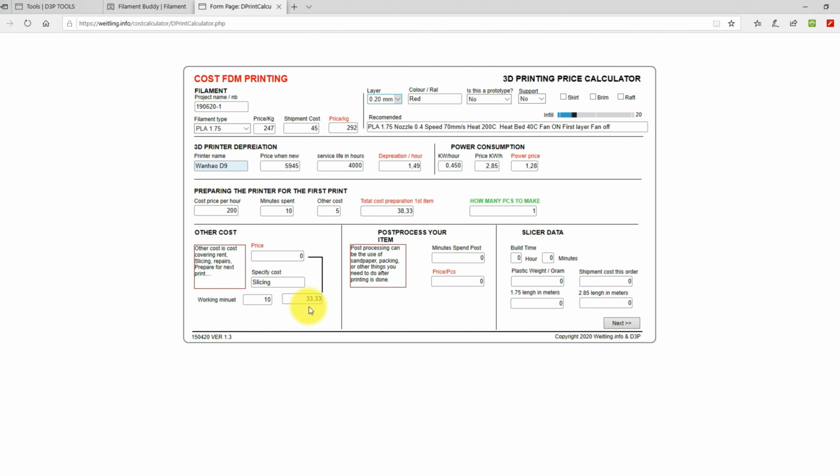That means it's 33 kronor and 33 öre. Then it could be you need to do some post-processing. I don't think on this item there will be quite a lot, but let's just say we need to look over it. So let's see, we spent 5 minutes, and this means additionally 16 kronor will come up as a cost per item. So now we need to go to the slicer here and take out